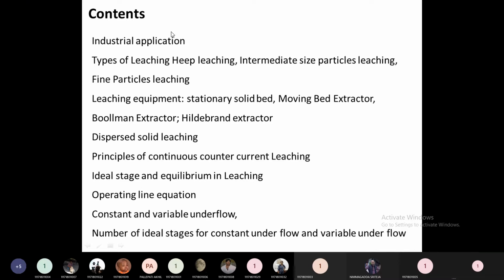Then oil extraction: there are big industrial setups for oil extraction. Other examples are the leaching of ores in mining. During mining, many ores are leached to obtain copper, uranium, or gold. In gold mines, coal mines, copper, uranium, this is a major operation: leaching of the soluble component, leaching of the metals from their ores. Extraction of metal from its ores is called leaching.